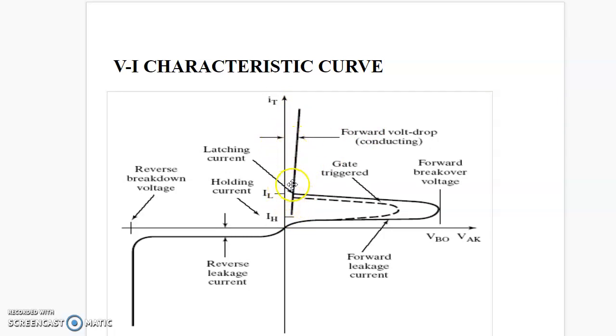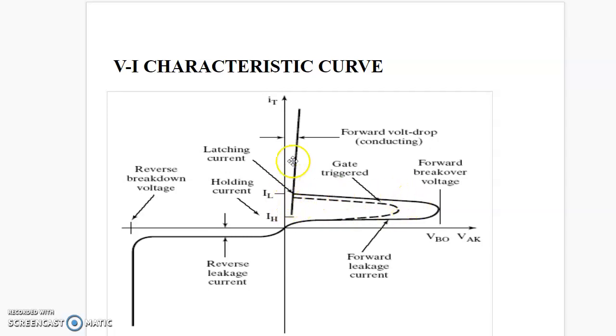So I told you that the minimum current beyond which the SCR will start conducting is known as the latching current. Okay, so next one is, let us understand the forward conduction state. In the forward conduction state, similarly, when voltage is increased, current is also increased, but at this point a gate pulse is given. So when the gate pulse is given, immediately it will start conducting.